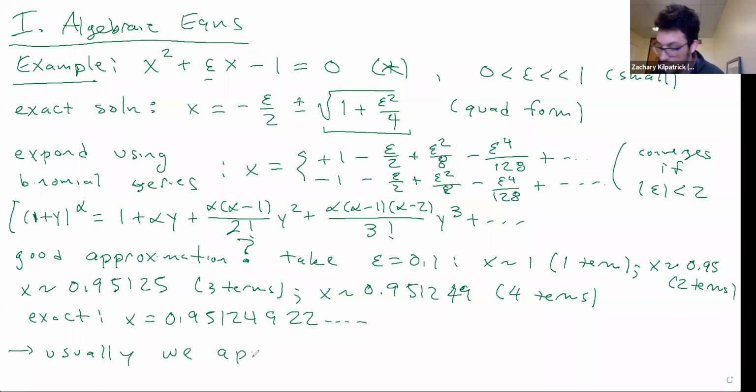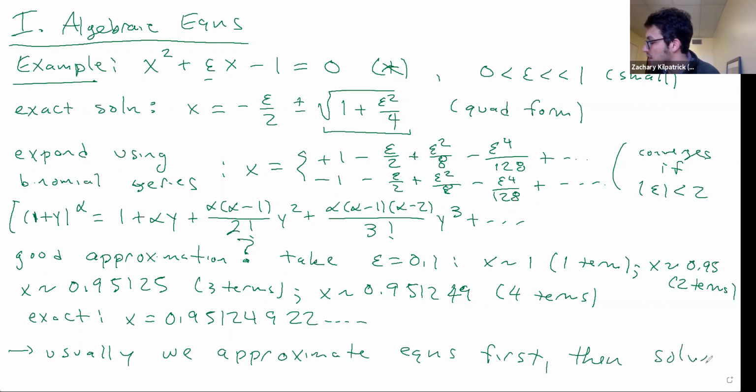And now, one point that I want to make, that I'm going to come back to again and again, is that usually we want to approximate the equations first, okay, and then solve, right? Which we did not do in this case. What did we do in this case? We solved the equation and then we did the approximation, which is sort of throwing away our work from before,